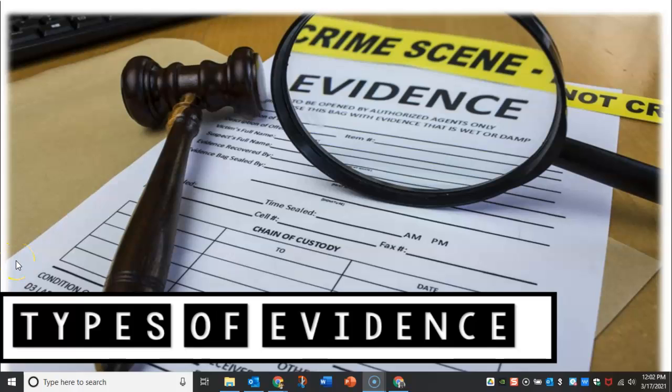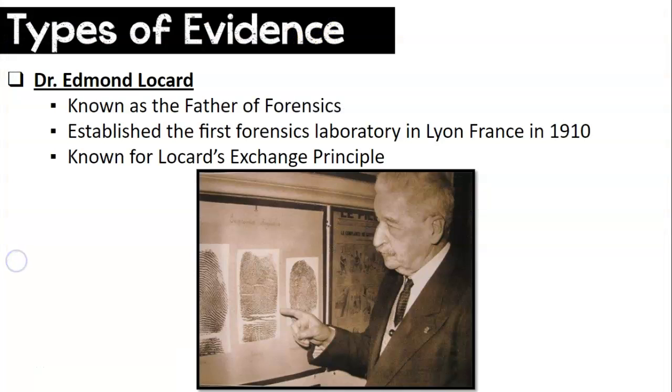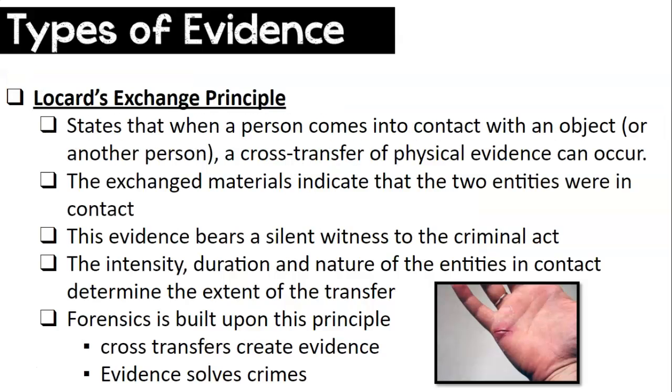Today we're going to focus on the different types of evidence that you can find at a crime scene. Before we begin, I'm going to reiterate that Dr. Edmond Locard is the father of forensics, so you're going to hear about him a lot. He established the first forensics lab in France in the early 1900s, and he's known for the Locard's exchange principle,